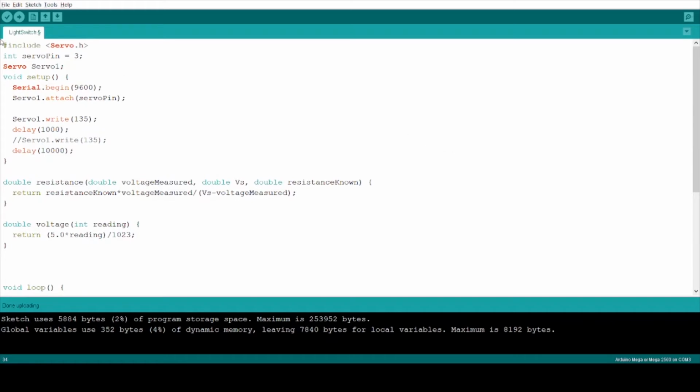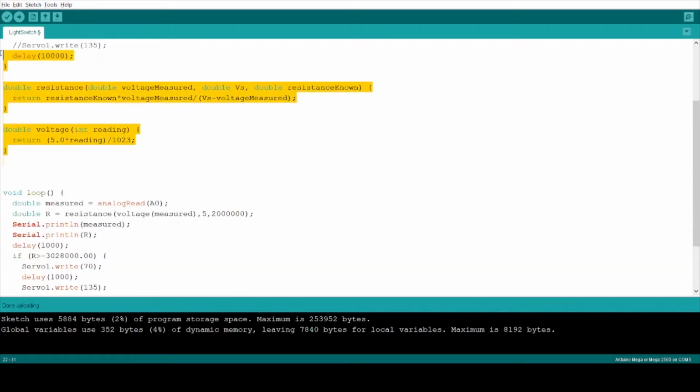It's pretty simple. All we do is first set up a servo and initialize the servo to 135 degrees. That would be kind of the light switch in the off position. Then I have these 2 functions that basically use the mathematical relationships we've already talked about. For one, this voltage function converts our digital signal into an actual voltage from 0 to 5 volts, and this resistance function takes a voltage input and turns it into a resistance using the same Ohm's law relationship we talked